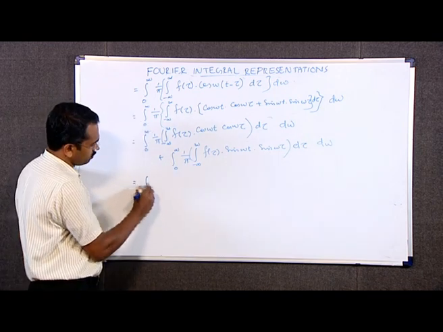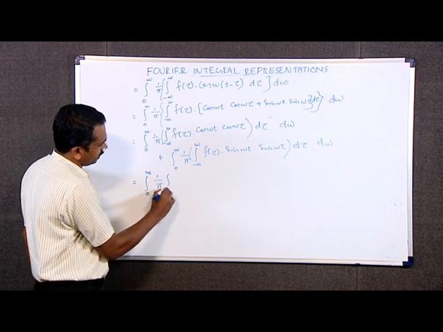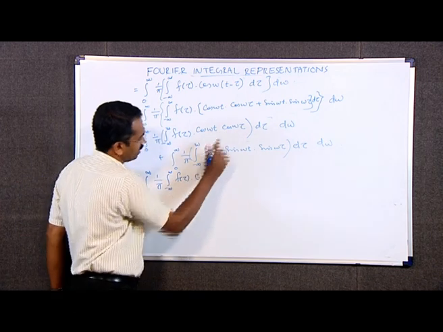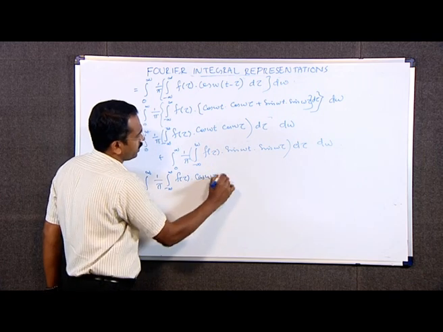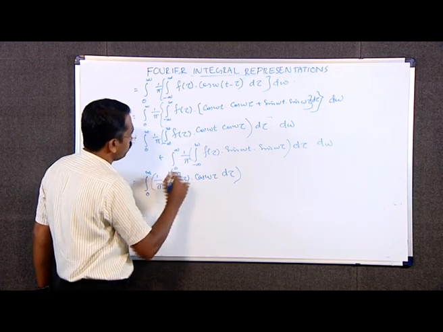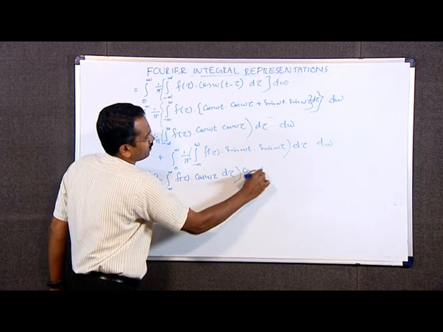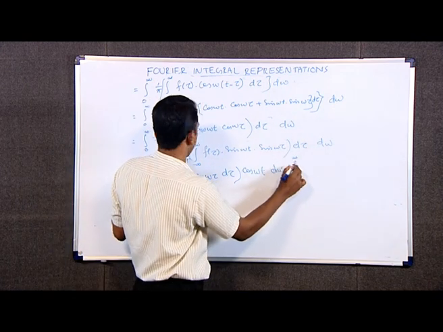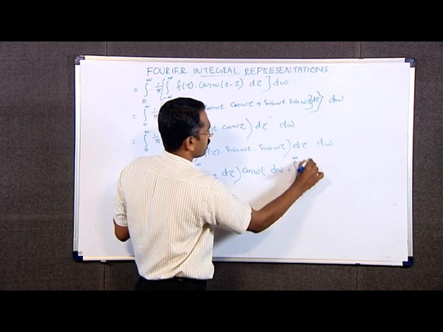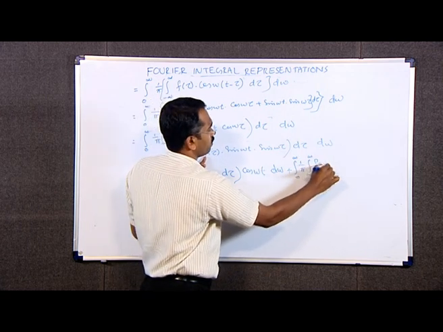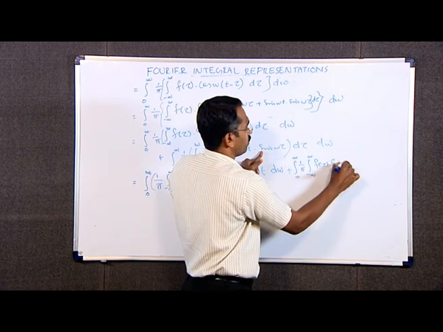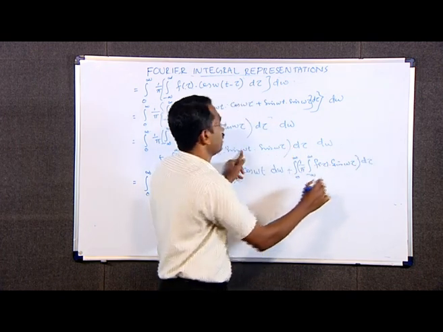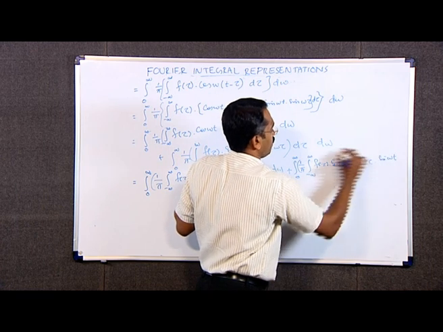This is equal to the integral from 0 to infinity 1 by pi into the integral from minus infinity to infinity f of tau into cos omega tau d tau, this into cos omega t d omega, plus this term, the integral from 0 to infinity 1 by pi into the integral from minus infinity to infinity f of tau into sin omega tau d tau, here sin omega t d omega,